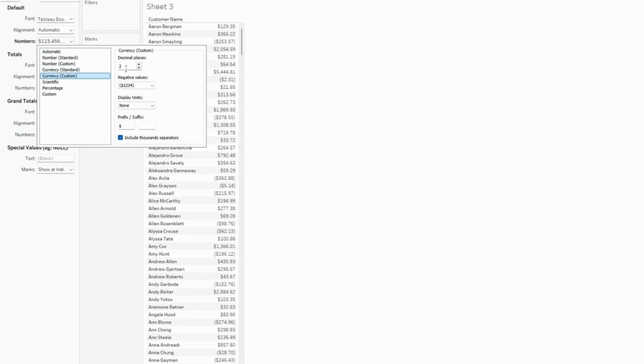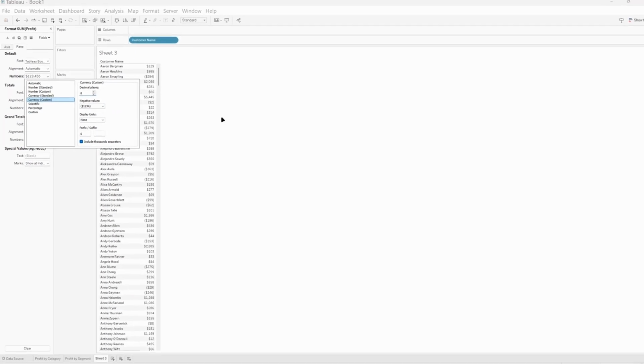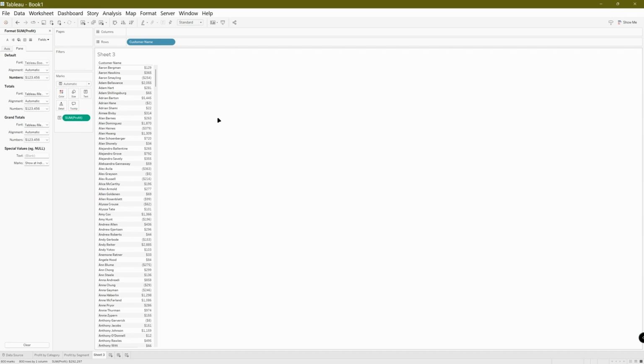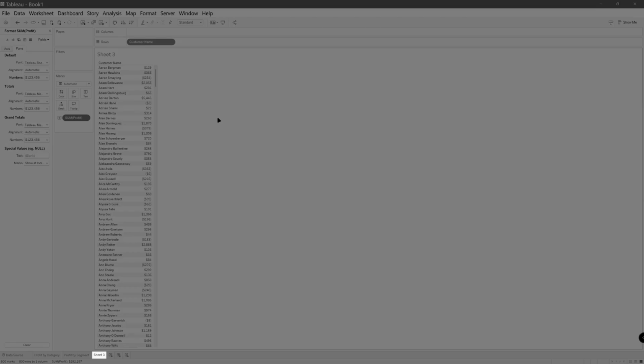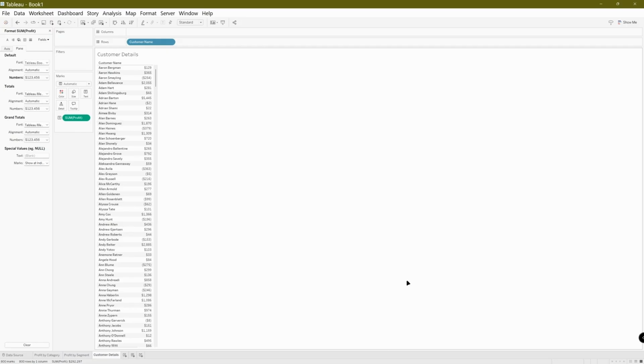Now you have currency. I want to do whole numbers just to make it a cleaner look. So I'm going to put 0, just round everything up. And then I'm okay with the negative values showing as parentheses. I'm going to click off the screen so that I can have access back to the worksheet. And we're going to name this worksheet customer details. So if I go down to where Sheet 3 was, type in customer details, press enter. We are now done with the creation of the 3 worksheets that we're going to use in our